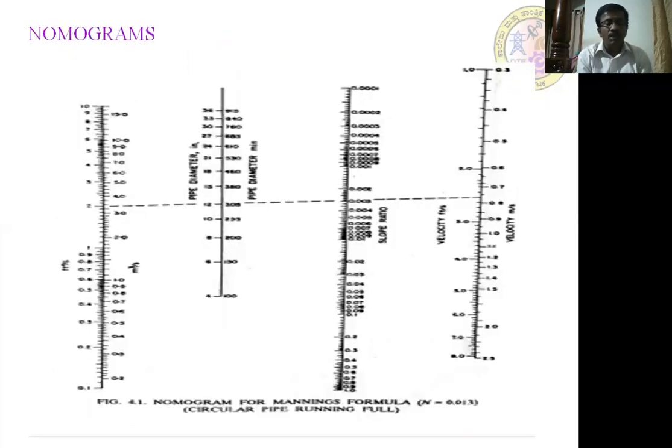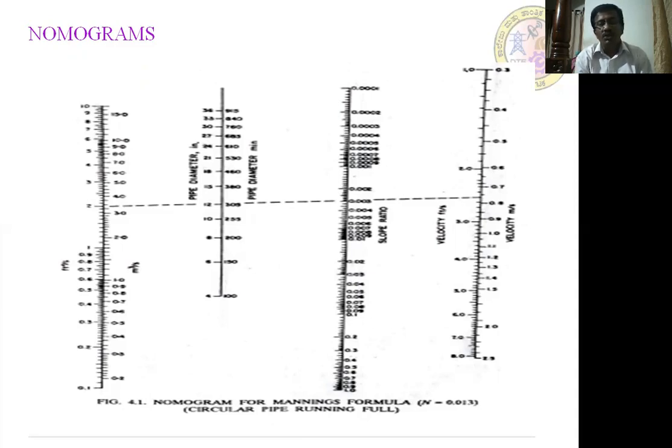For that, this table will explain how to find out the value of the remaining two. For example, assume the discharge is known as well as the velocity. Velocity is fixed and we know the discharge. So if you want to find out the slope as well as the dia of the sewer pipeline, then you join those two by a straight line. You join the first one and the last one by a straight line. The point of intersection indicates the dia of the pipe as well as the slope required